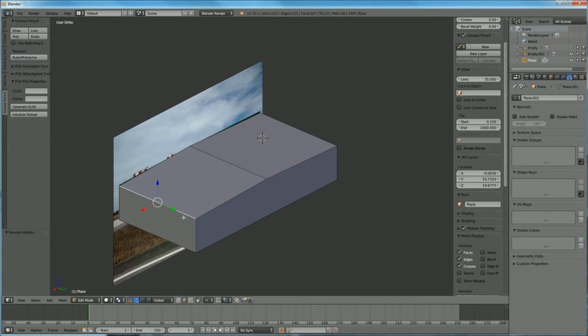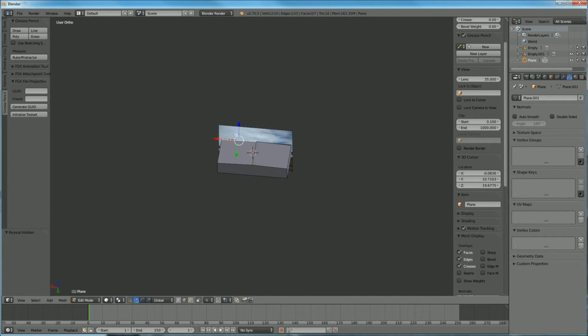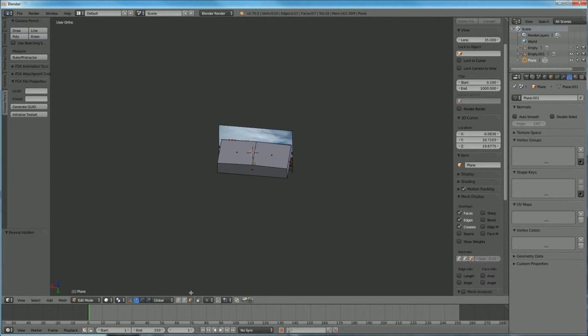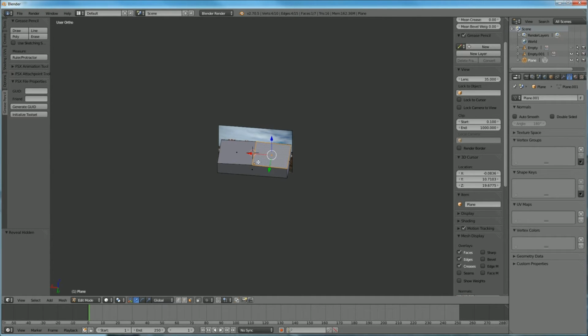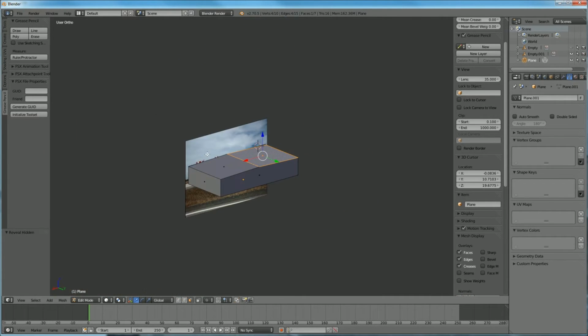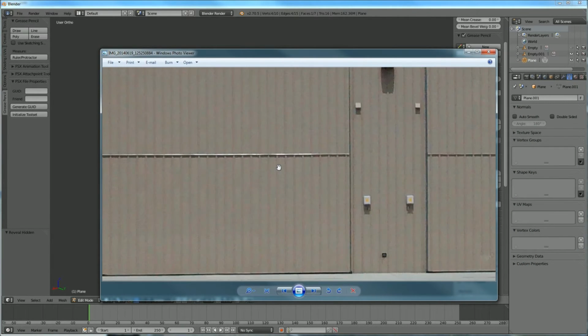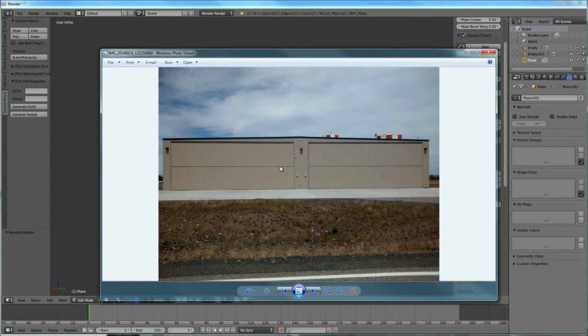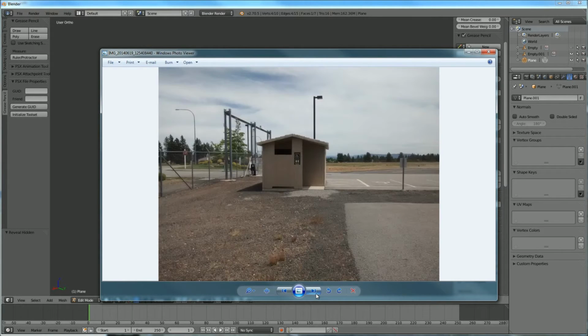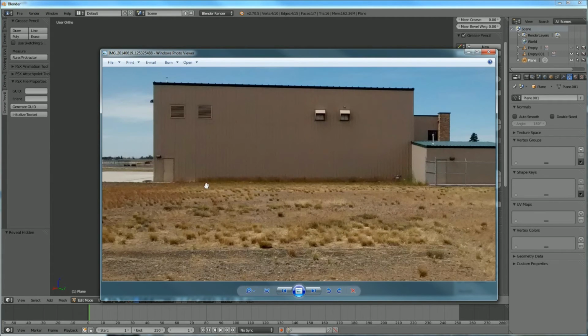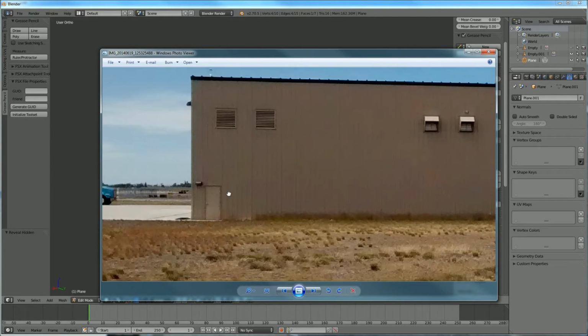So you have a fairly accurate height on your model now. And that is probably the best way to get the height of your building. But if you do not have an image like this to help you, you're stuck with trying to figure it out a little more arbitrarily. So